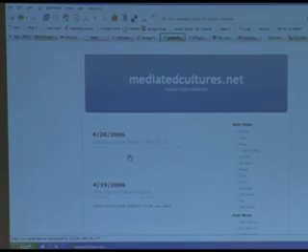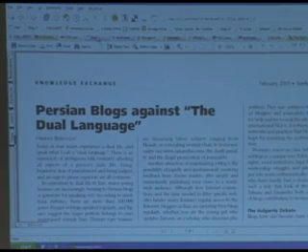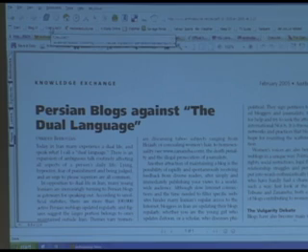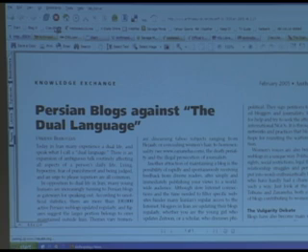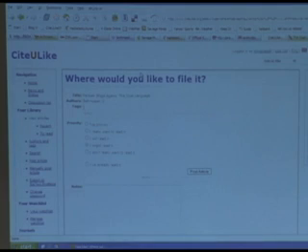So when students are back on Mediated Cultures and they click on the blog, they immediately see that article, and I could have typed in something about, go check this out for these reasons, and they could have seen it there. The other thing I can do while I'm on here is click this button that is also easy to add, and I can show you briefly how to do that. This is a page called CiteULike, and what it does is it takes the citation from the journal article you were just at and allows you to tag it. Tagging is different from categorizing in the sense that a journal article is now associated with certain tags.